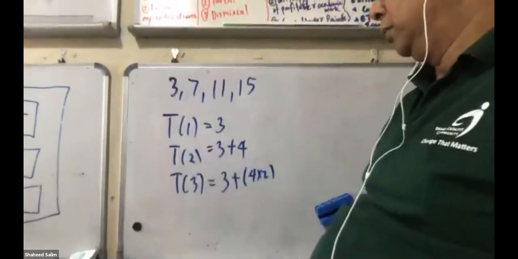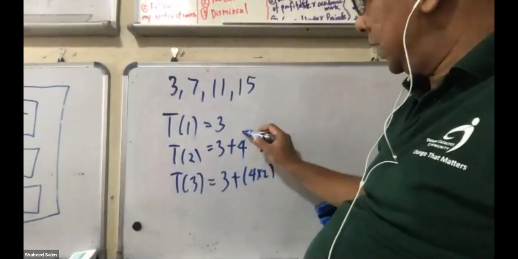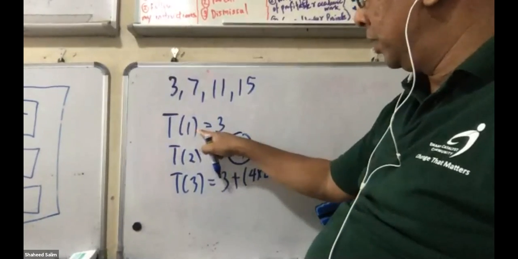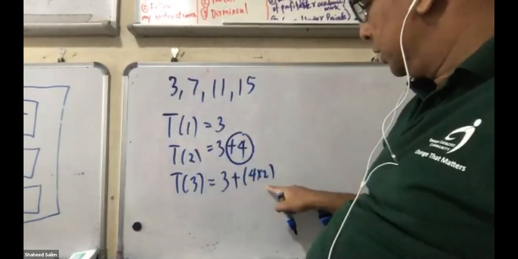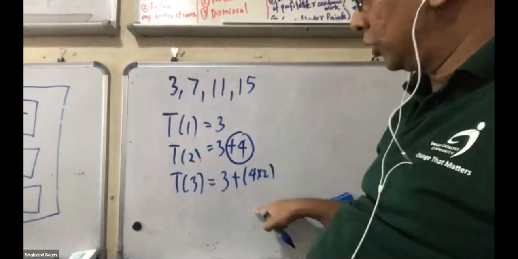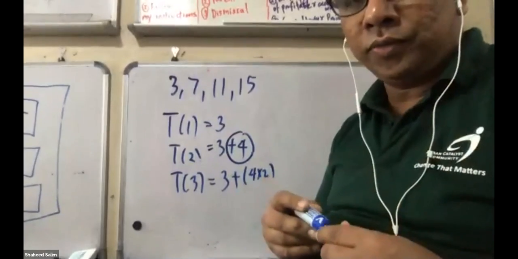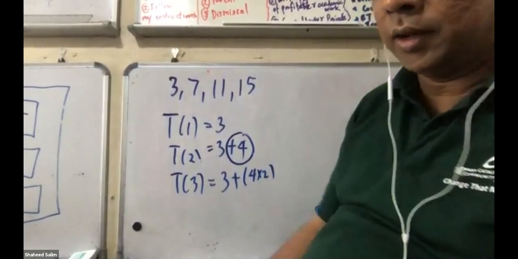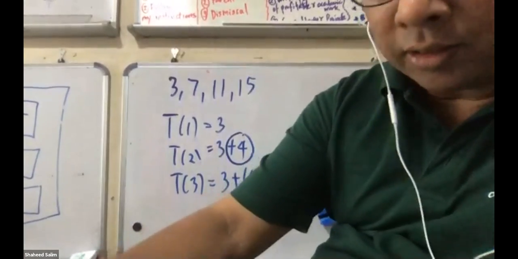So notice now, this is always 4 times the earlier number. This is 4 times 1. This one is 4 times 2. The next one will be 4 times 3. Can you come up with a formula for that? You know what I'm talking about? What is your answer to that then? If I want to find the nth term,